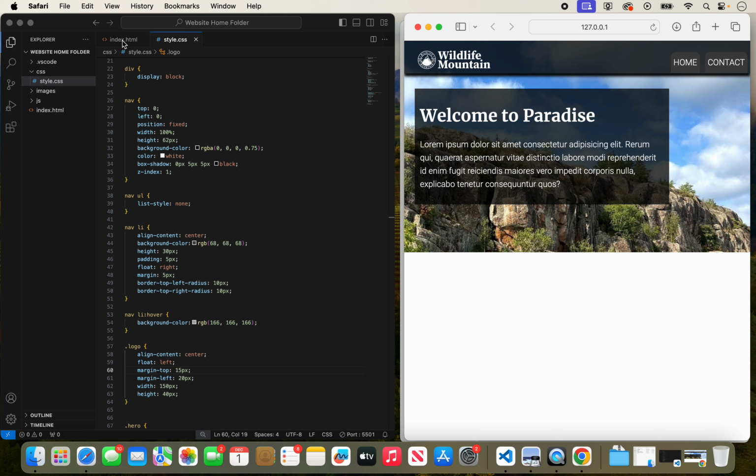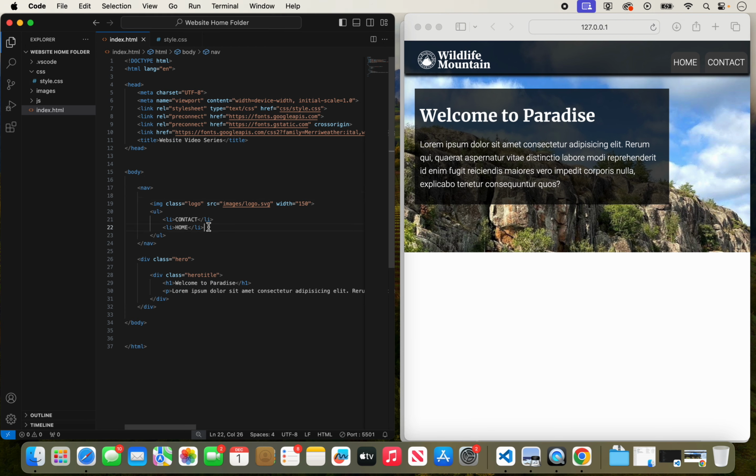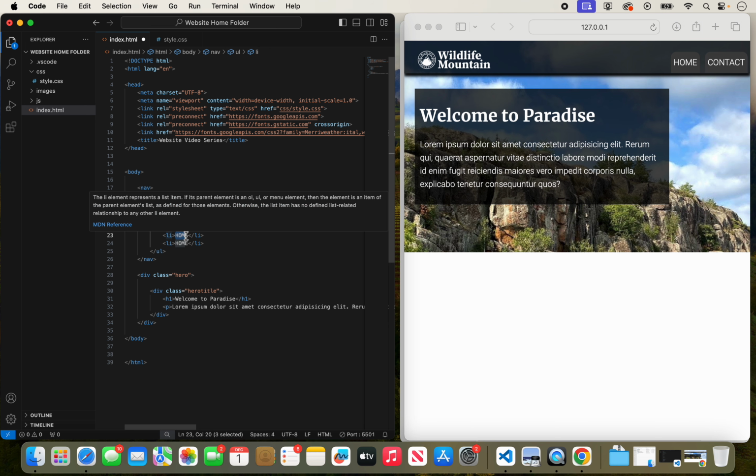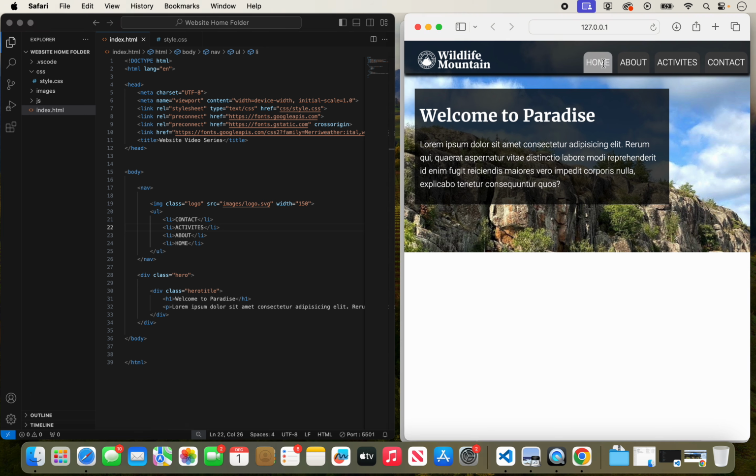We're going to get the other buttons in there. They're not going to do anything just yet, but we are going to go in here and we're going to copy. We're in the HTML side now. We're going to copy our list items. And I'm just going to paste two more. Okay, let's do about. And let's do activities as two more. Save that, and you'll notice that automatically those guys get added perfectly